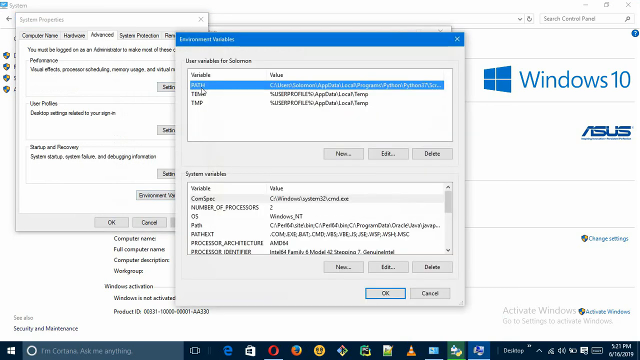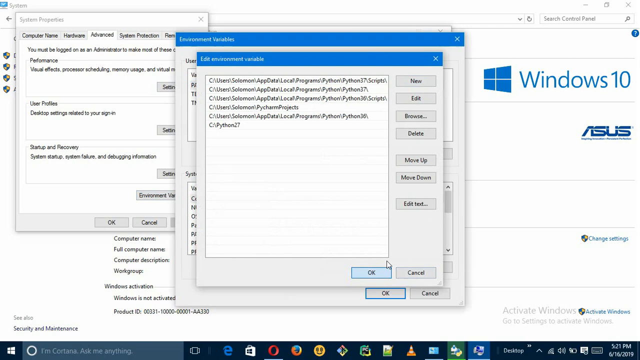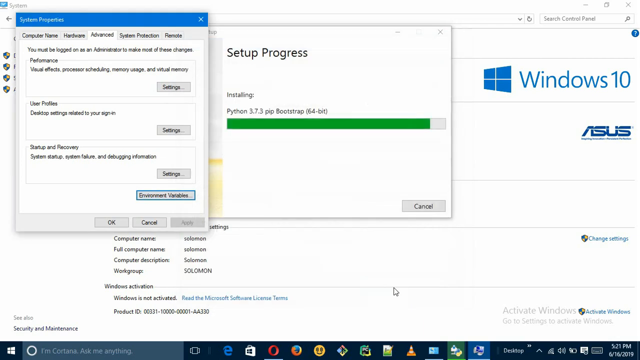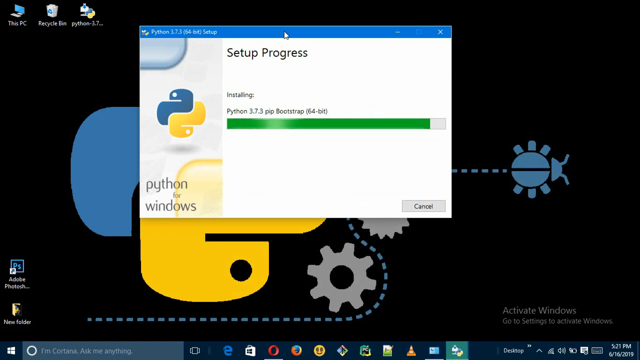Just go to your environment variable. It's pretty simple. Copy the path of the location of Python in your system, paste it here and hit OK. Now that you have added it to your system, the installation is still running. I don't know why it's taking this much time. Usually it takes about 30 seconds to a minute. Maybe this version is something different, so let's give it a few seconds and we should be done with